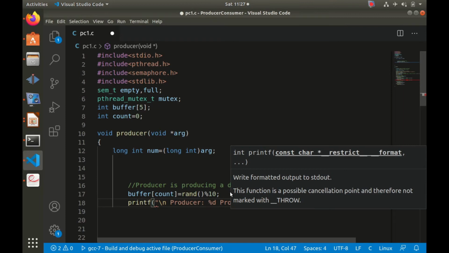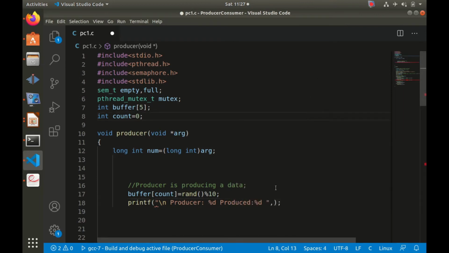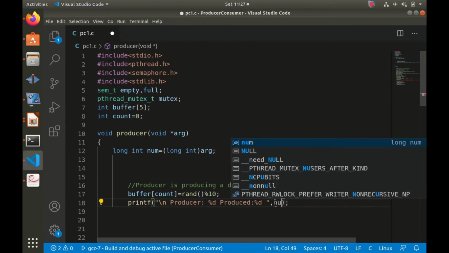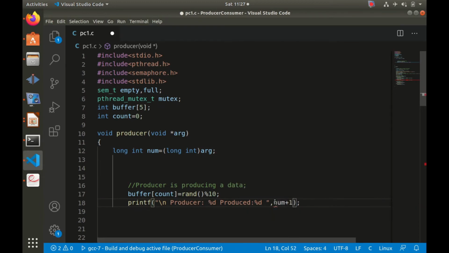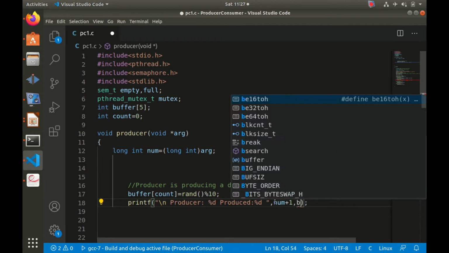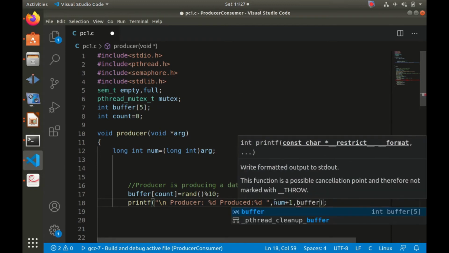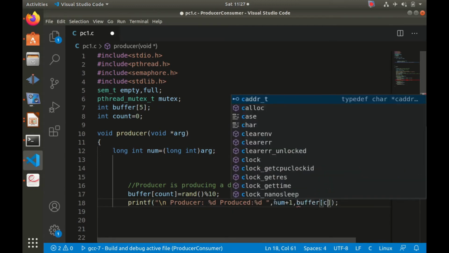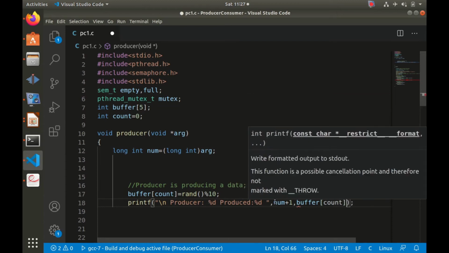Now what will you write in place of the first %d? The first %d is the number of the producer, so it is num plus 1. We will not print from 0, we will start from 1, that's why I have written num plus 1, comma. And the next value is what the producer has produced, so the producer has produced buffer of count. Am I right?